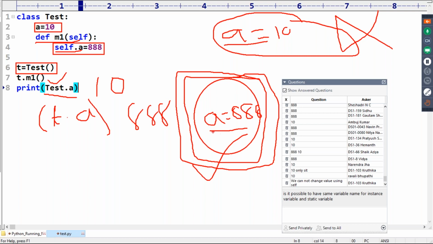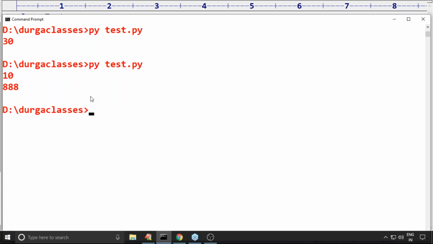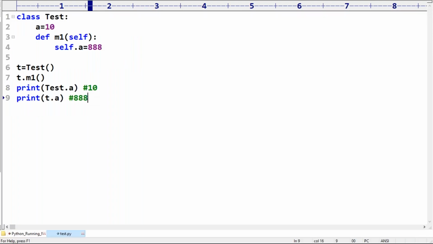Now the static variable and the instance variable have the same name. Are you in a position to understand? If I print Test.a, the answer is 10. If you print t.a, the answer is 888. Here this variable is an instance variable, because we can't update a static variable's value by using self or an object reference.